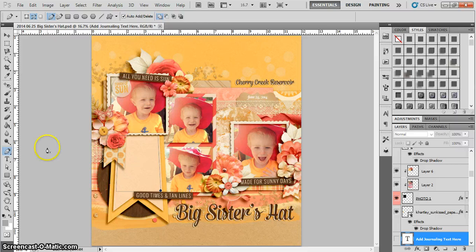The next thing that you want to do is come up here to your pen tool options. Now some of them may have selected the shape layers and some might be paths. You want to make sure that you have clicked on paths, because if you have the shapes one highlighted, it will actually create a shape, and that's not what we want to do. So make sure that paths is selected, and then what we're going to do is come down here and begin to create my custom text box, and all that you need to do is click where you want your shape to be. I'm going to click down here,